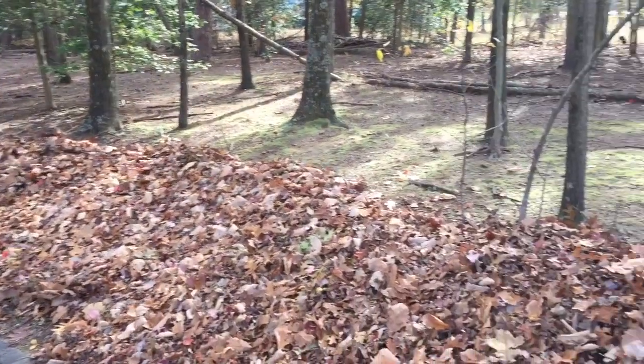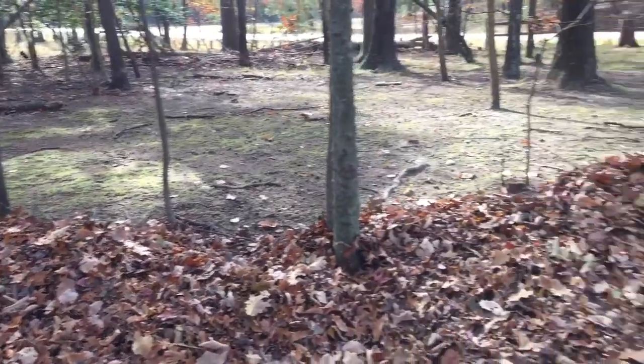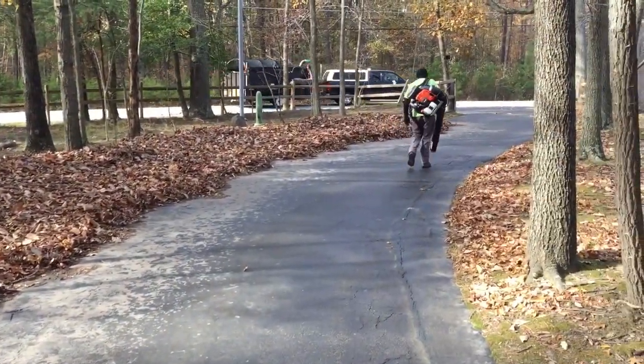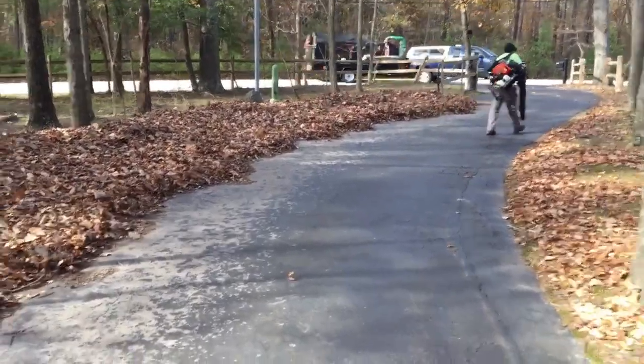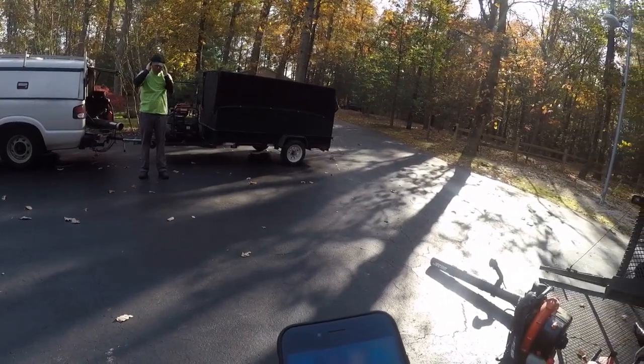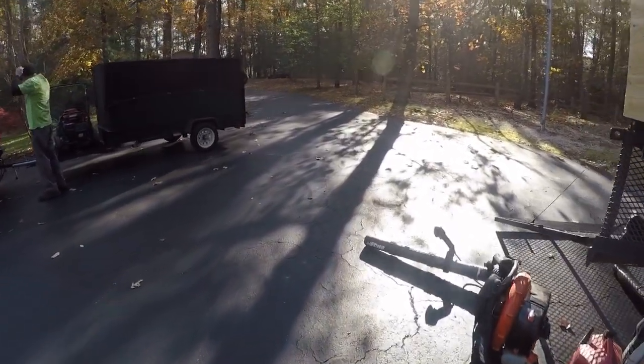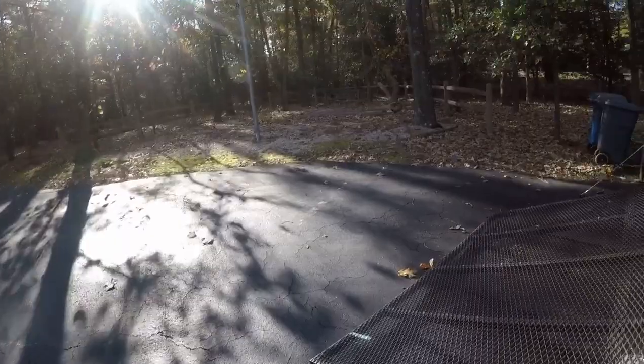So this is the biggest leaf removal we have tackled to date. We tackled this probably about a couple weeks ago, and so I wanted to tell you how we got to that point and show you how we did it. As you saw in the last leaf removal video, actually every leaf removal video I've posted so far this year,